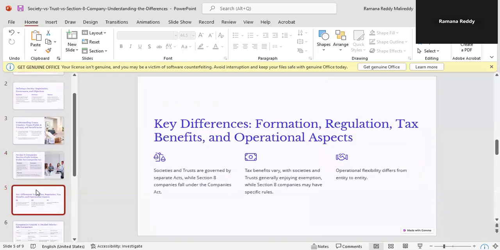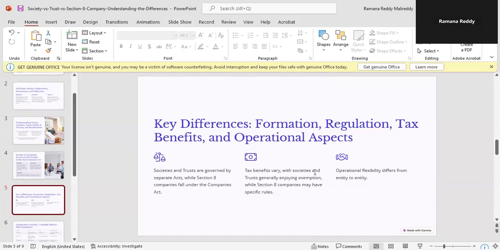The key differences are formation, regulation, tax benefits, and operational aspects. Societies and trusts are governed by separate acts. They have their individual acts, while Section 8 companies fall under the Companies Act 2013.